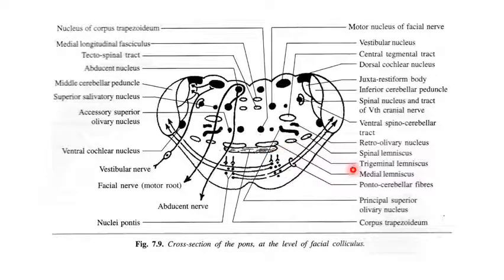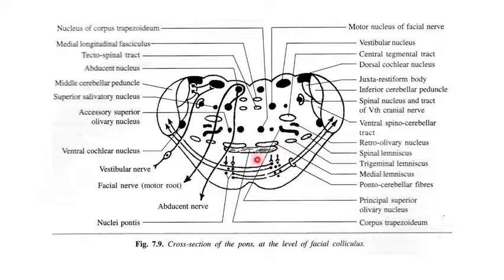Behind this there is medial lemniscus. So an imaginary line passing through corpus trapezoidum and medial lemniscus divides pons into ventral basilar part and dorsal tegmental part. As we know, in the ventral basilar part, pons contains nuclei pontis, longitudinal fibers, that is the corticospinal, corticonuclear, and corticopontine fibers, and transverse fibers. Transverse fibers are the pontocerebellar fibers. Most of the fibers cross midline and project to opposite neocerebellum through middle cerebellar peduncle. So that is about the basilar part.